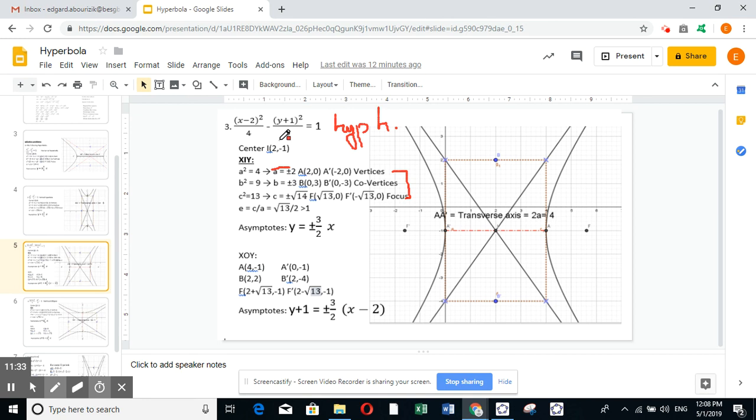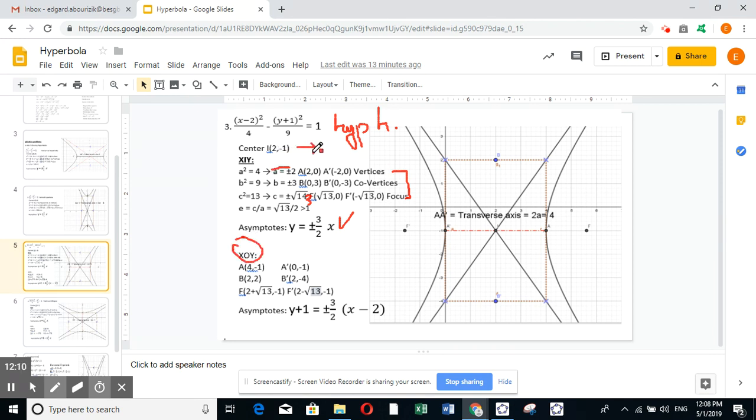For the foci, you add 9 plus 4, which is 13. So it will be radical 13, 0 and minus radical 13, 0. It follows the vertices. The co-vertex does not belong, as we said, to the hyperbola. It's plus or minus 3, so 0, 3 and 0, minus 3. Eccentricity c over a, radical 13 over 2, bigger than 1. And the asymptote y will be plus or minus square root of under y over under x, so it's 3 over 2 of x. Now, because I want it with respect to x or y, I do a translation of 2